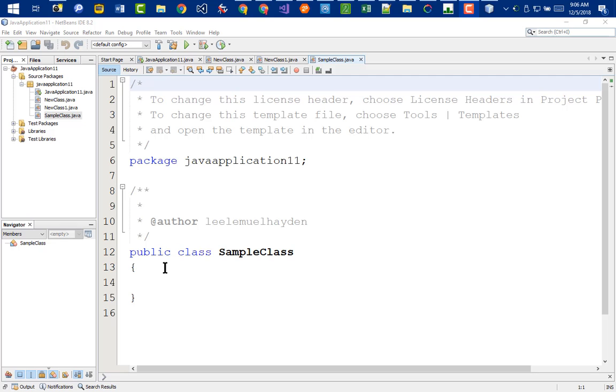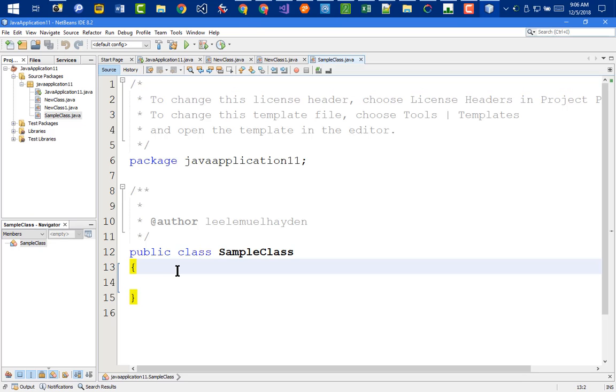Hi there. In this screencast, I'm going to create a sample class that's going to have instance variables, constructors, getter and setter methods, and also an additional helper method. So here we go. All right, in NetBeans, I've already created a file that's called sample class, and now I'm